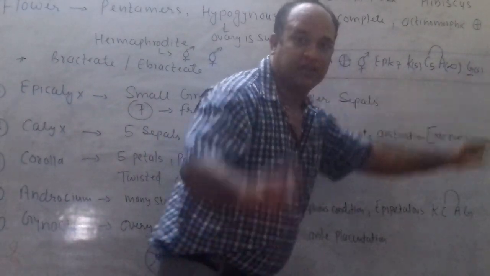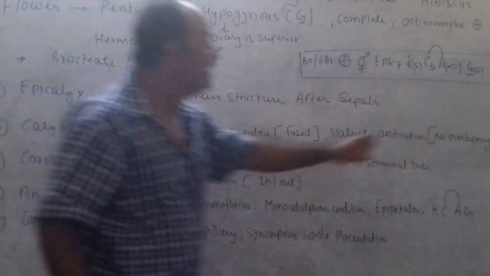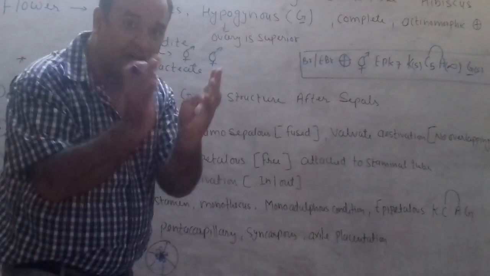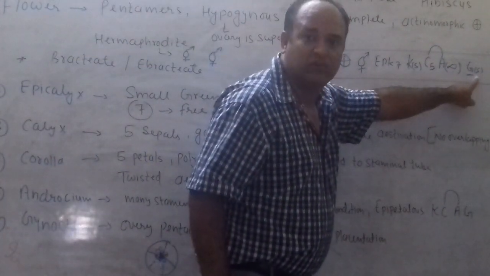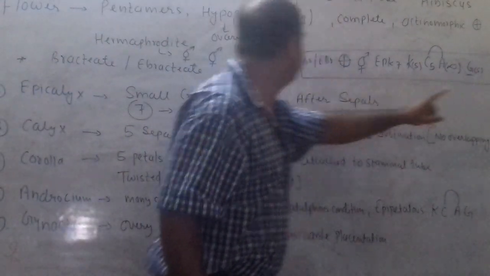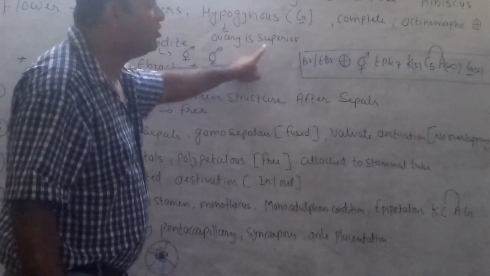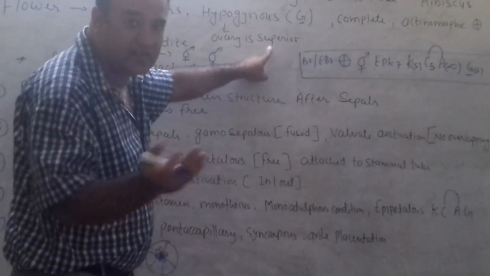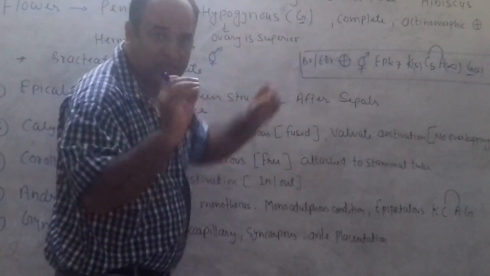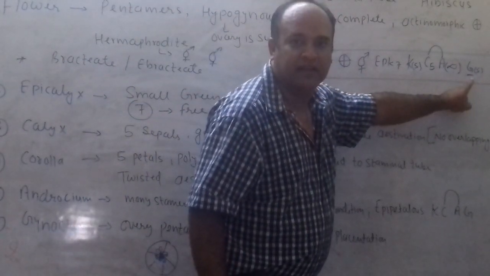And for gynoecium, gynoecium is 5. See, the ovary is pentacarpellary. What is the meaning of pentacarpellary? We have to write 5. Syncarpous, that means they are fused. I put a small bracket. Earlier I told you the gynoecium is a hypogynous ovary. What is the meaning of hypogynous ovary? The ovary is superior and the other whorls will be below it. What is the symbol of this hypogynous ovary? Capital G and underline. I wrote capital G and underline. I hope